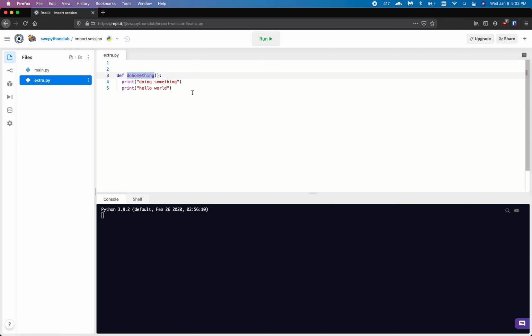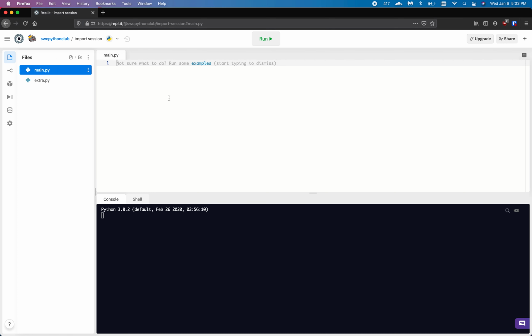I don't know, this is really simple. Maybe I should do something else. Okay, just to make it a bit more complex. Sure, why not? And here in main.py, if I want to reference that function and use it, all I would